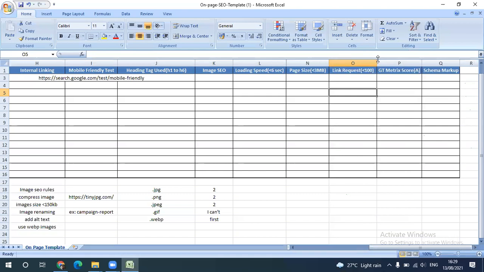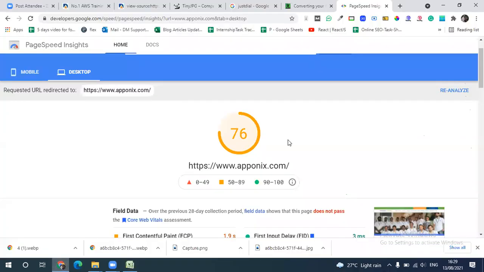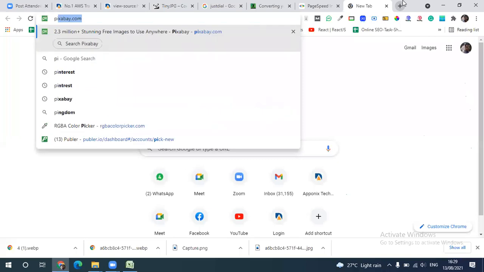Okay, these are the three factors: loading speed, page size, and link requests. But here you are not seeing any loading speed, you are only getting the score. If you want to see the loading speed, there is one more tool called Pingdom.